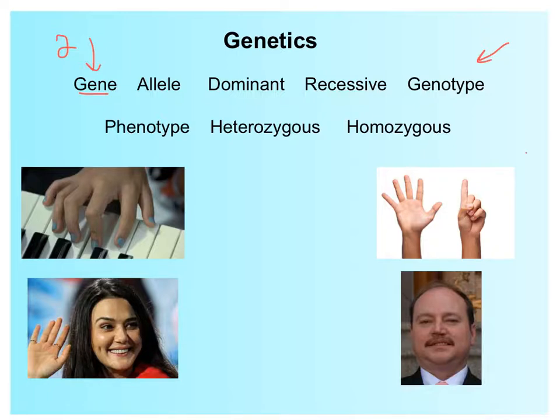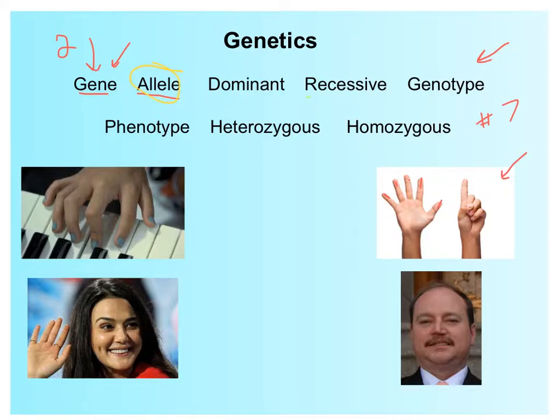Now, we all have hands and fingers. But how does our DNA tell our body how many fingers we're supposed to have? Well, we all have a gene for this. That particular gene is located on chromosome pair number 7. Now, for those of us that have 5 fingers, like this person over here, 1, 2, 3, 4, 5 fingers, that is a specific allele. So an allele is the different types of genes. Now, the 5-fingered allele